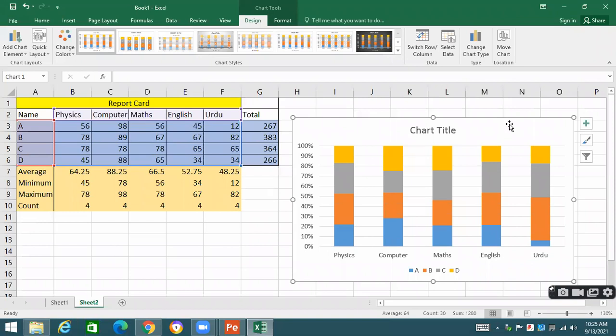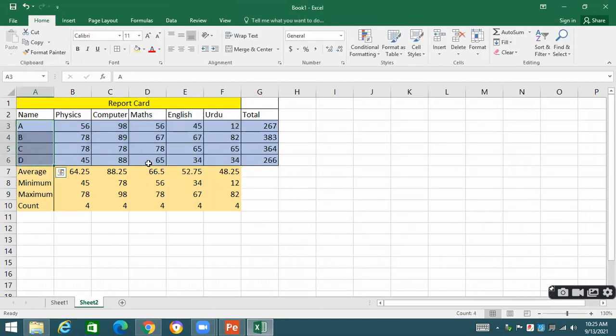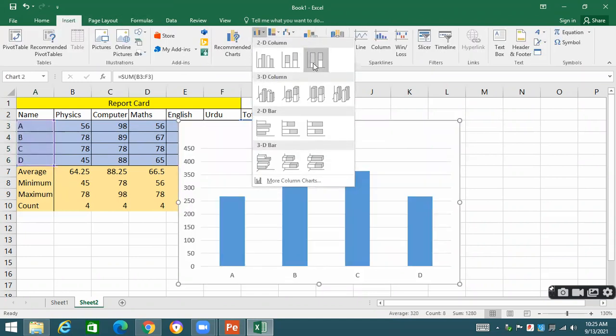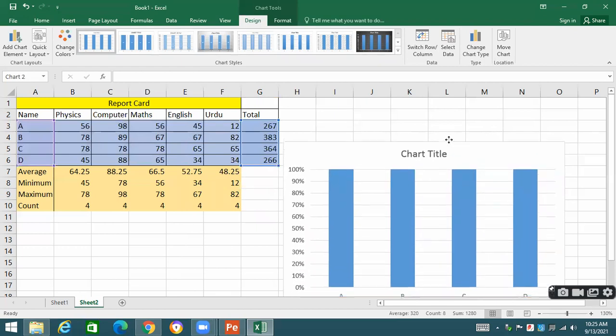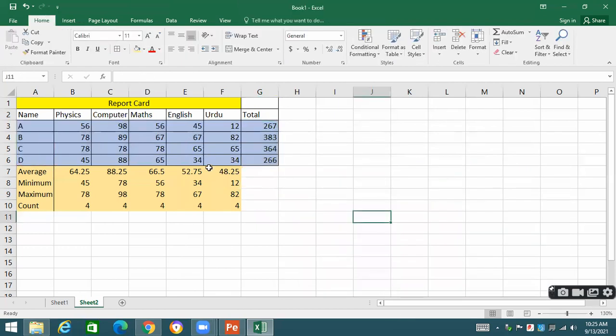If you see over here in physics, how many marks are there? If you want to develop the chart for the totals, I will take only the student names and their total marks. Select the student names, press the Control button and select the total marks. Go to the Insert menu and select the chart. You will be able to see it. Since there is very little difference in the marks, let me change the marks so there would be proper understanding of what the marks in a particular subject are.